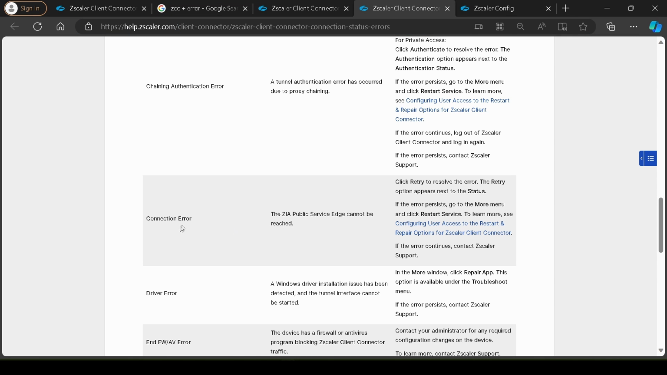You understand what error message you're getting, what this error means, and what steps Zscaler is advising you to do. Once you know that, you perform these actions. If it's still not fixing, and we know this is a connection problem to the Zscaler service edge,